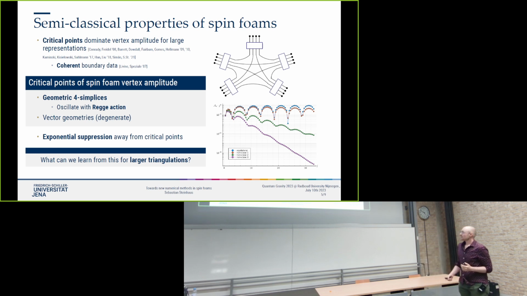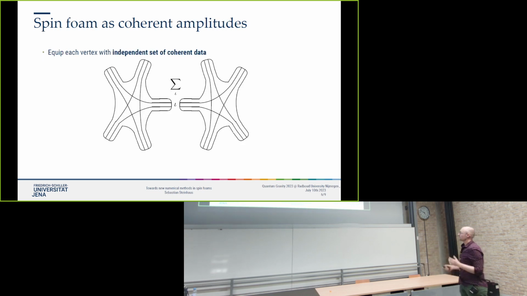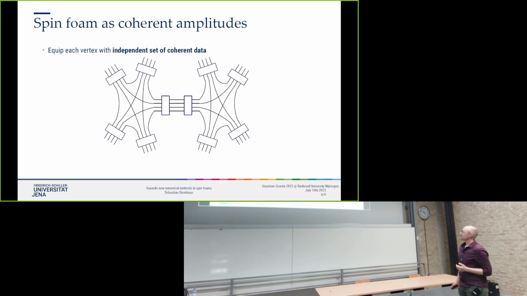So what can we learn from this for larger triangulations? Because this is just a single four-simplex, but you want to build your space-time from many building blocks. So typically, if you have two vertices, you would glue them together in the partition function by summing, and this is all I'm going to say for SU(2). You would sum over the intertwiners, basically the quantum shapes that these tetrahedra shared between four-simplices can take.